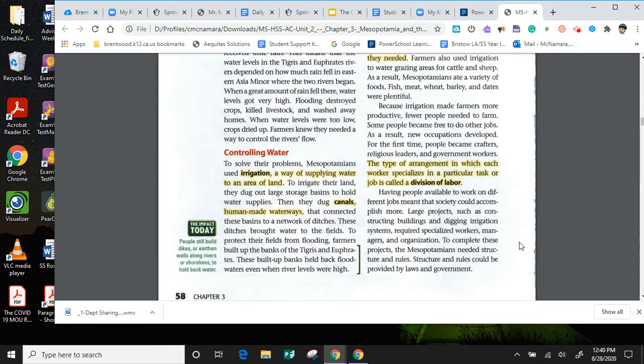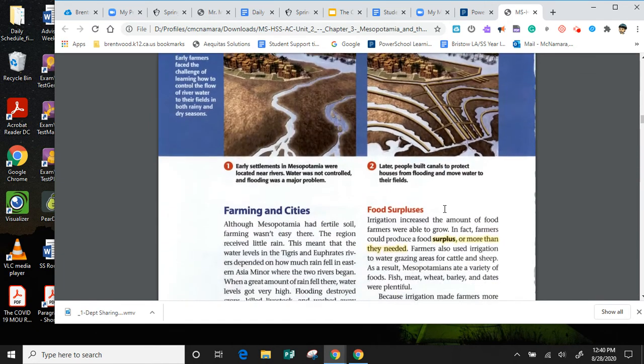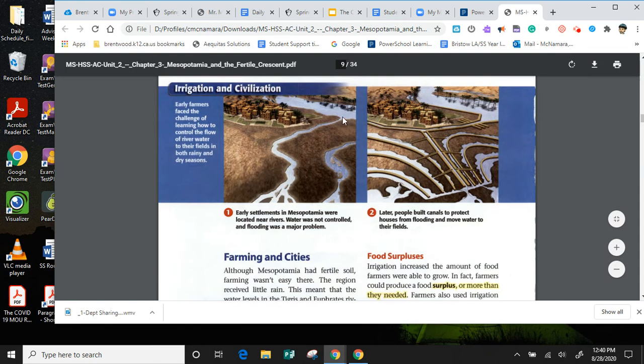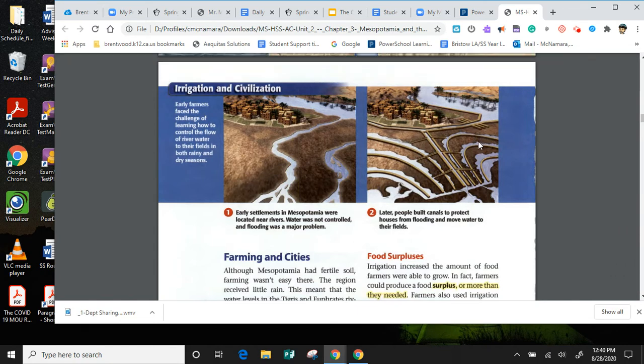So before I finish up, as you can see here, the irrigation. In this picture right here, you see the river up here, and so they dug out what's called irrigation ditches, and then you see how they sort of organized it so the water wouldn't just flow and flood everything. Then in the following picture on the next page, you could see that that's how they would grow their crops. They would channel all the water to this one place.